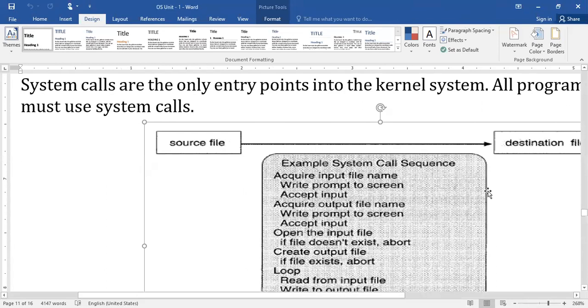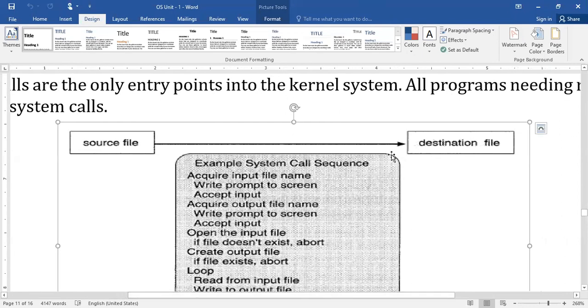Right. So in order to get the file name, in the search button itself or using your mouse, you need to select the place. For this, write a prompt to the screen and accept the input. Whatever you have typed in the search box will be accepted for the source file. The same happens in the case of the output file also. You need to specify where you want to copy the contents of the source file, so for that you need to specify the file name. In order to specify the file name, it allows you to type something, and once you type, it is automatically accepted.